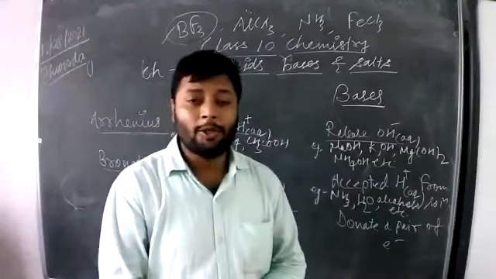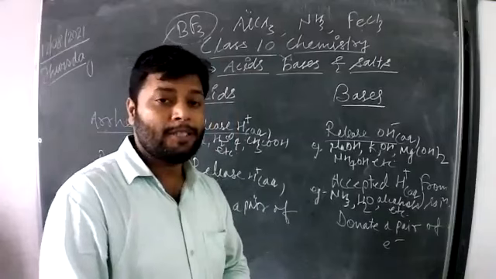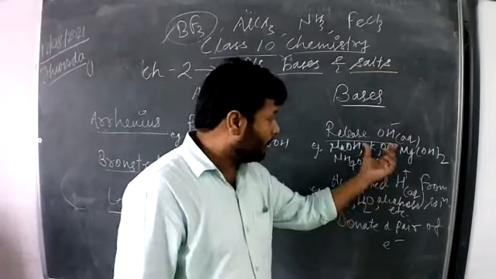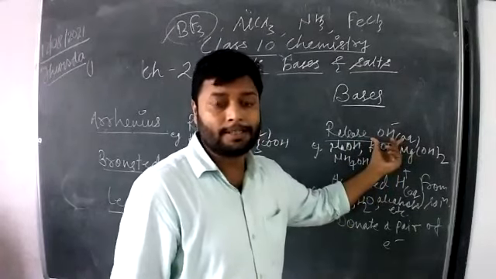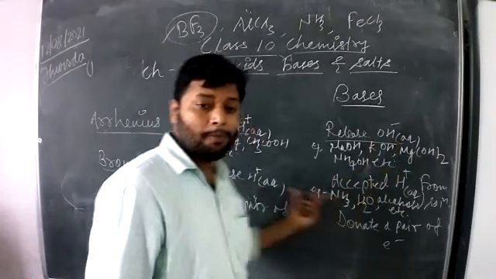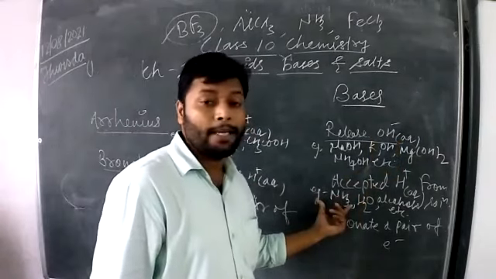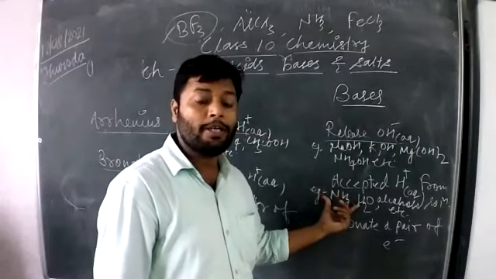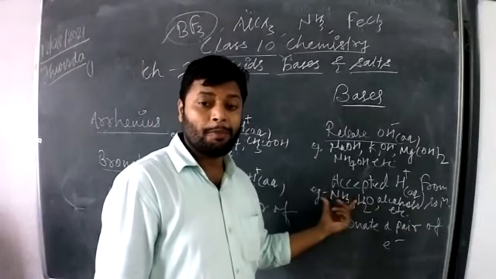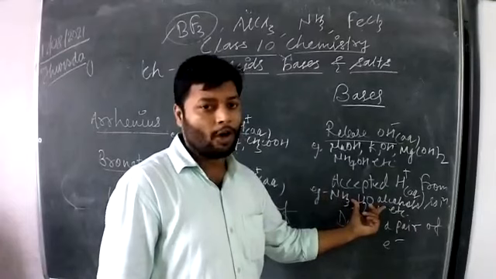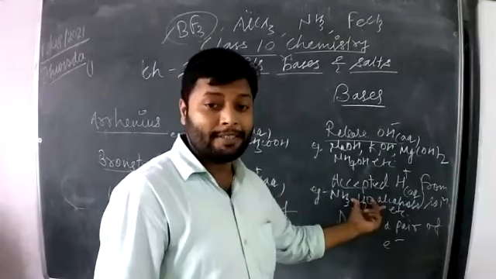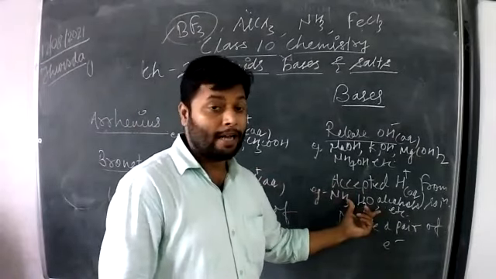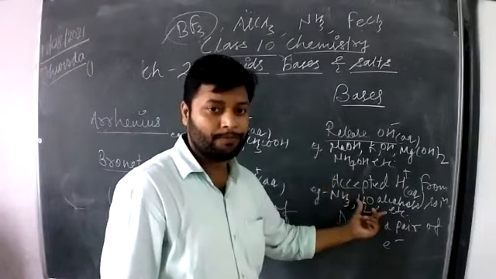Some of the substances behave like a base, but they don't look like a base because they have no tendency to release OH minus. So according to Bronsted, these substances are bases because of having tendency to accept H plus from the solution, like ammonia, a very typical example, also present in the laboratory. Water, a very common example, which is actually believed to be neutral, but according to Bronsted, water is a base. And I will explain after this topic how.